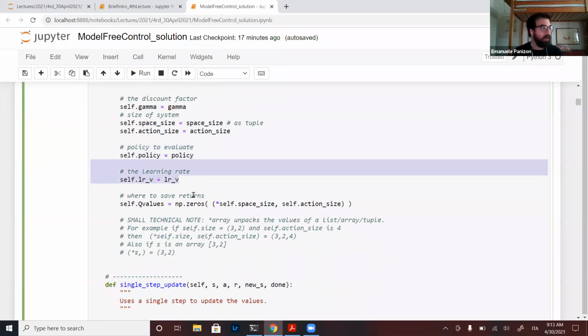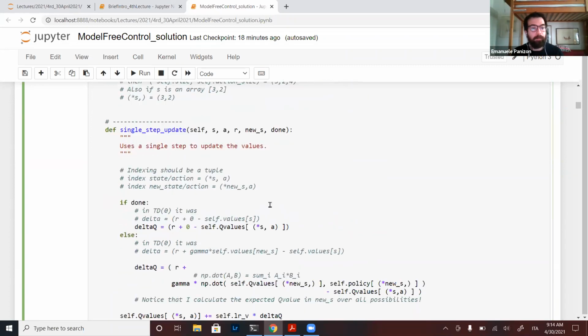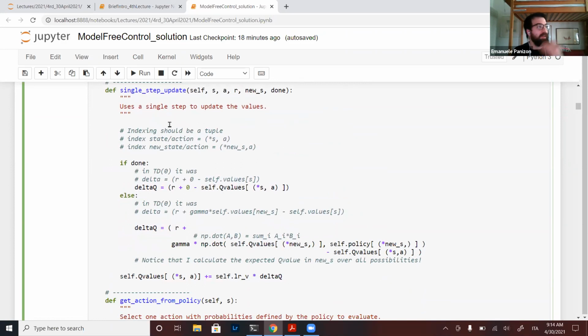Again, there is the learning rate as always. Now I'm defining a zero matrix, with a fancy notation to say that the size is the size of the state space and of the action space altogether. And again, this is the most important part, which is the single step update.